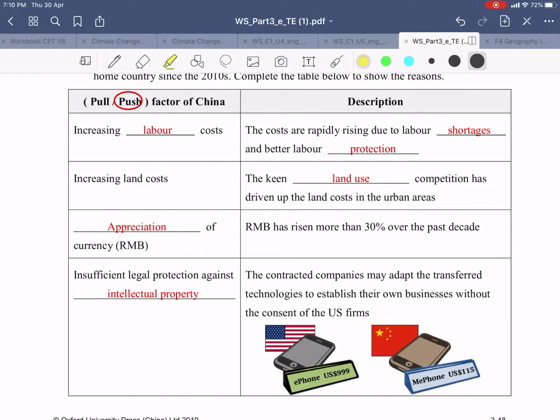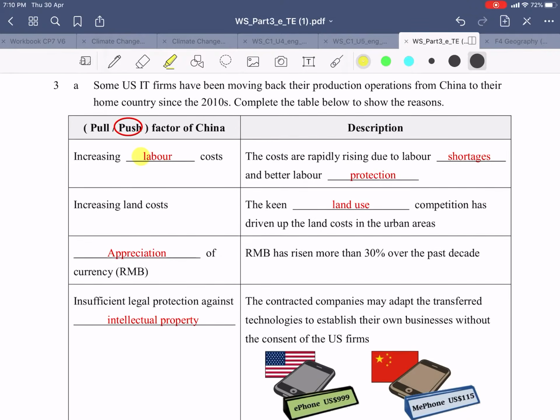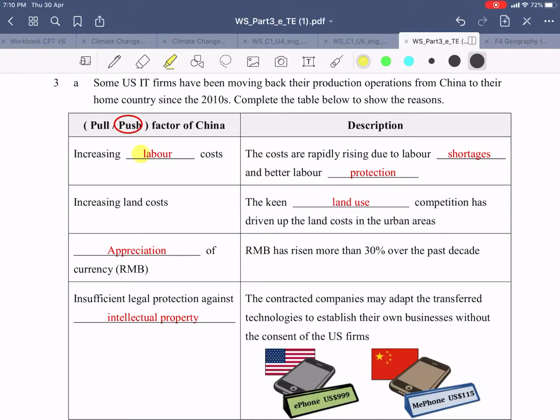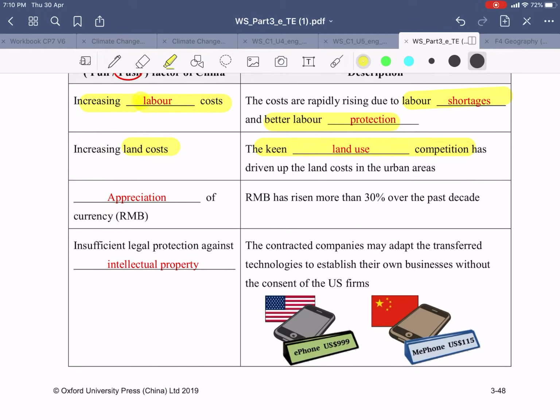How about China? China is also similar to India, but nowadays they are suffering some return back to the United States. Why? First of all, the increasing labor cost, labor shortage, and then better labor protection cause the labor cost to become higher. Land cost is also higher because the land use competition is keen. Appreciation of currency, the renminbi, is getting higher, okay. And also the intellectual property protection is not very good, just like the